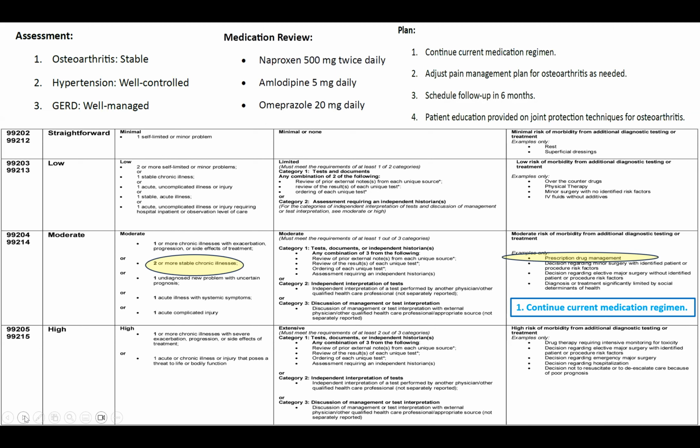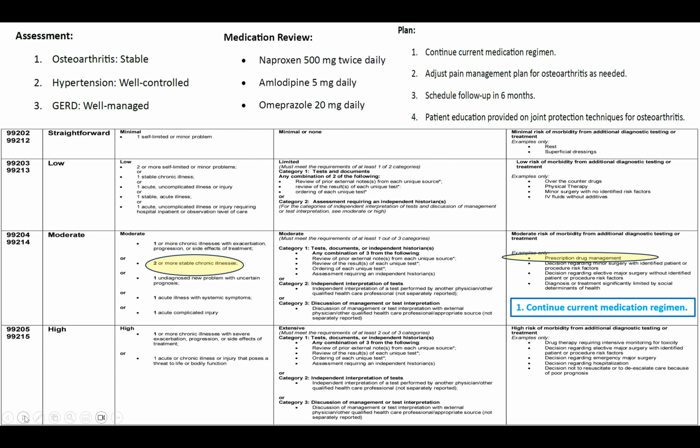No labs were reviewed or ordered or anything like that, so we have nothing in the amount and complexity of data to be reviewed. But over at the risk table, we do have prescription drug management with continue current medication regimen.